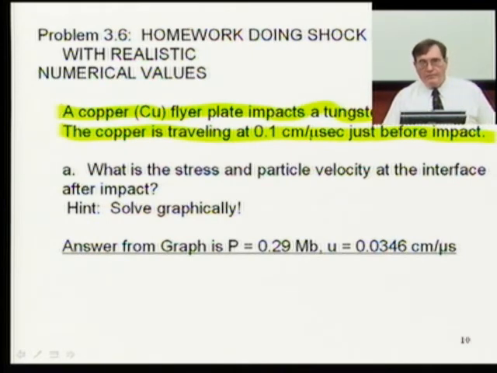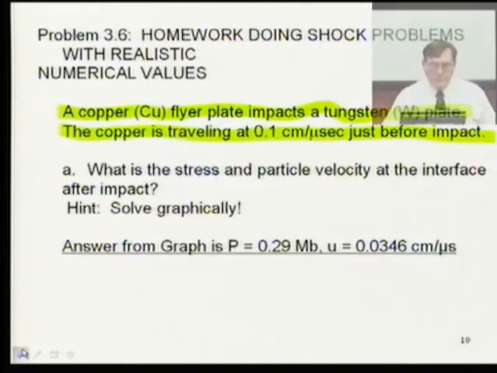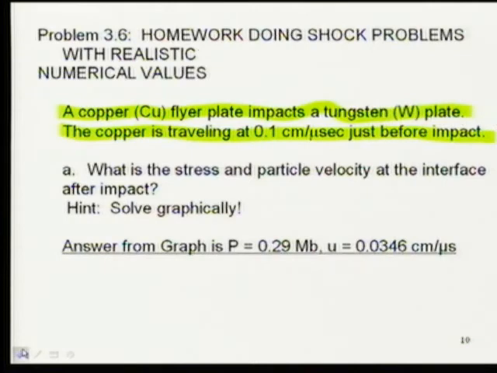I look up what the copper and tungsten linear Us-Up curves are in the appendix. I'm pretty sure it's Appendix B. And I just then use my Excel program, and the tungsten is sitting there. Let's go back and remind you of one other thing. Remember, for the XT diagram,